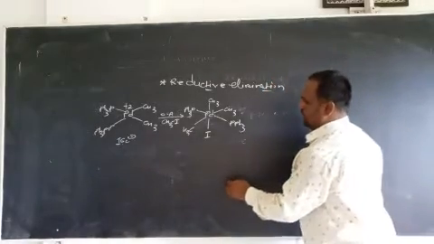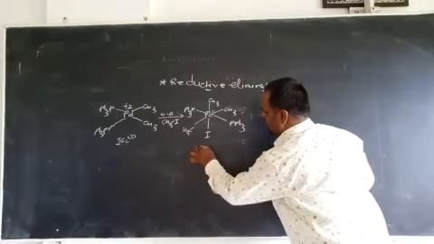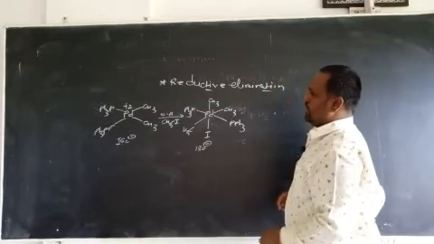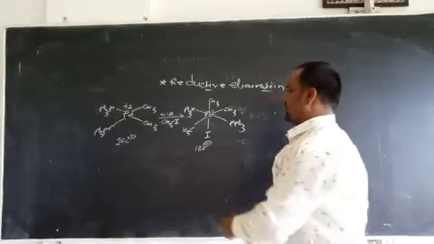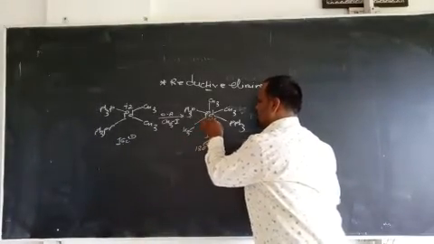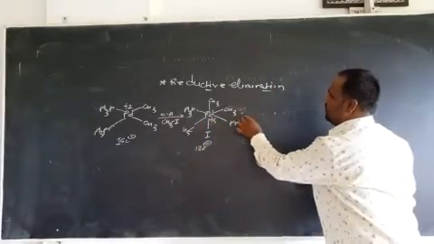After oxidative addition, it is converted to an 18 electron species. The oxidation state of palladium, in this case it is +2, in this case it is +2. On reductive elimination,